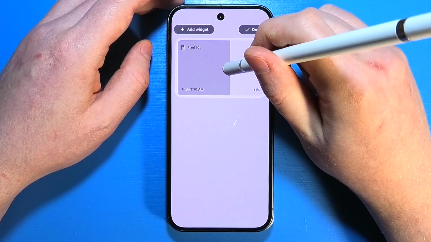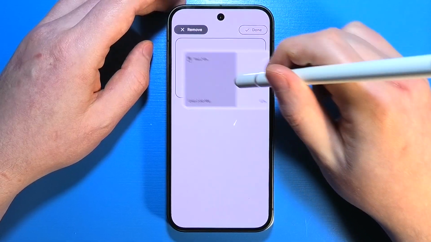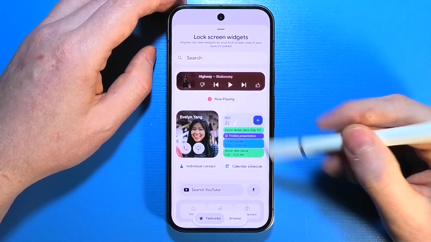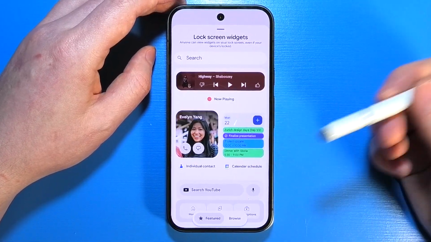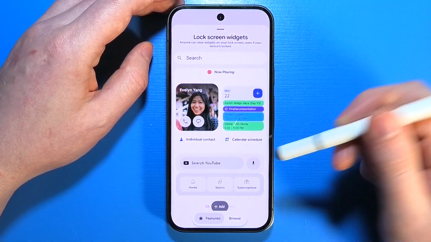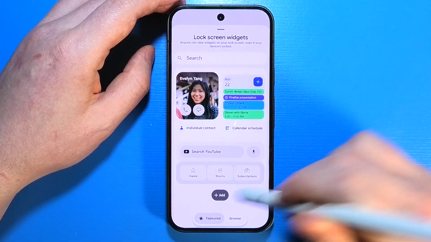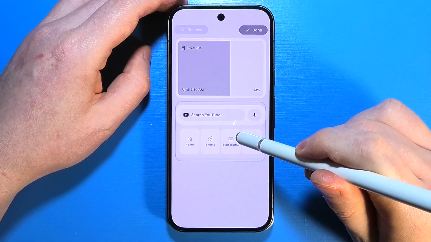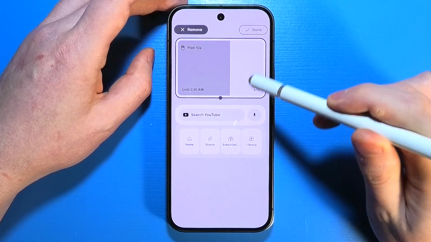we can either remove widgets by dragging them into remove area right here and holding it, or we can add widgets. For example, let's add the widget with search on YouTube, and then we can add it to our lock screen. So from here we can also click and hold on some of them, like this one, and then it